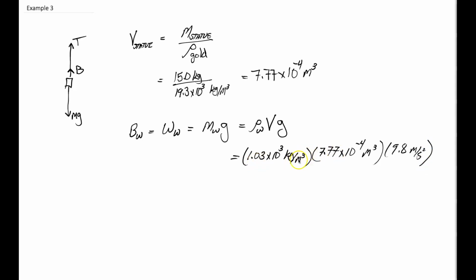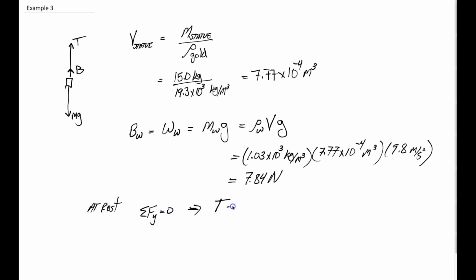Notice that cubic meters cancel, leaving us with kilogram meters per second squared, which is in Newton, and this gives us about 7.84 newtons. Since the statue is at rest, then we know that it's in equilibrium, which means that the sum of the forces in the y direction has to equal 0, which means that